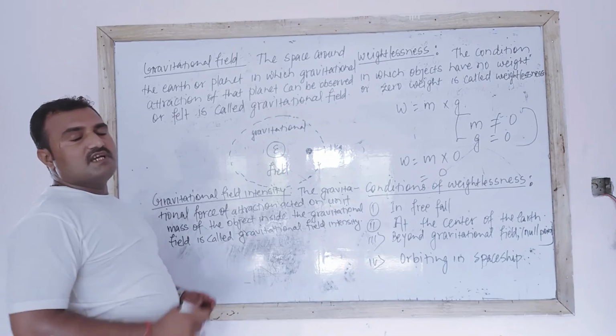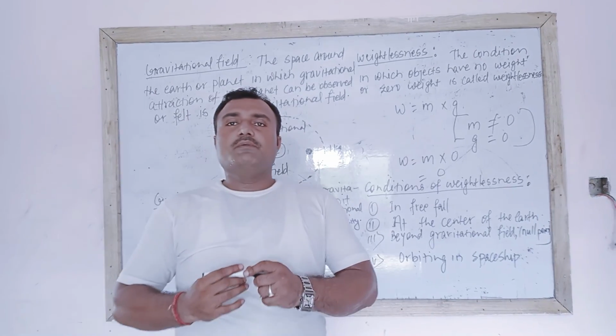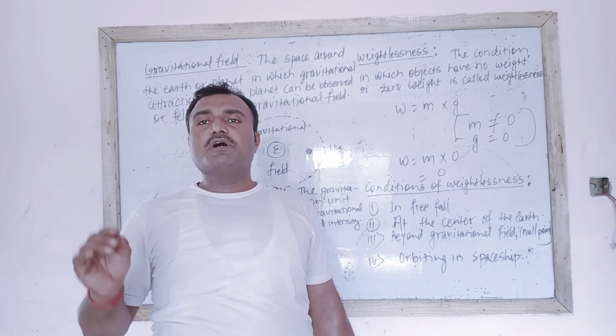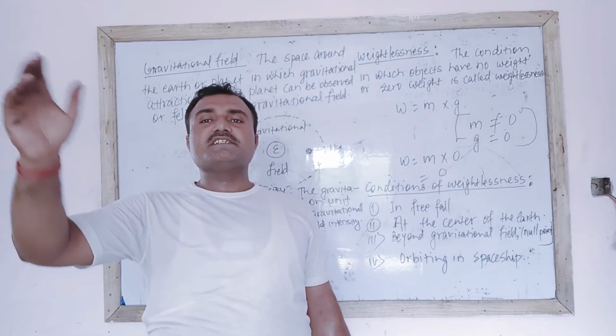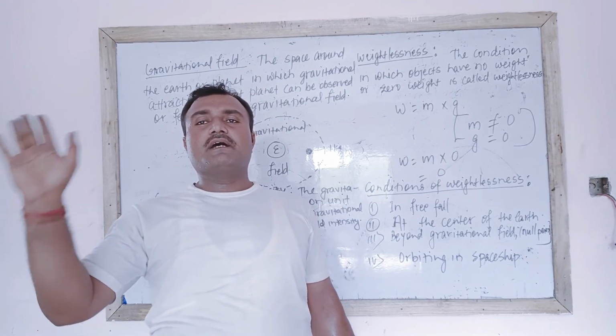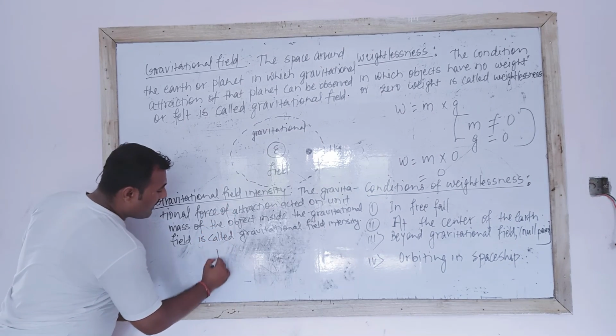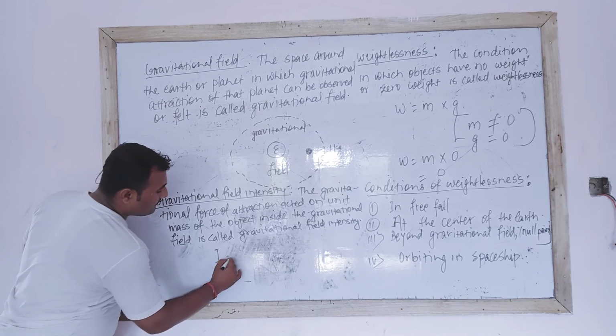That gravitational field intensity is only measured or observed inside the gravitational field, because outside of the gravitational field there is no effect of gravitational force, and it can be calculated by I equal to